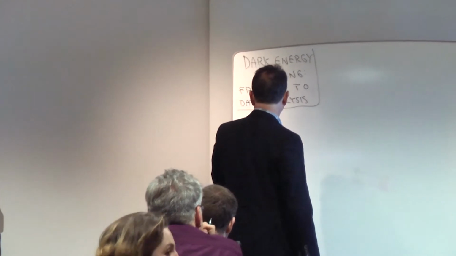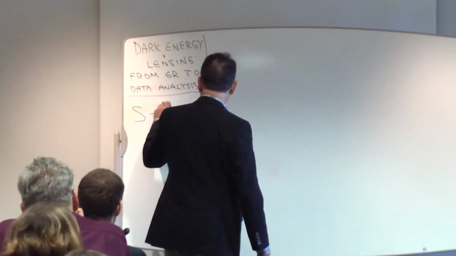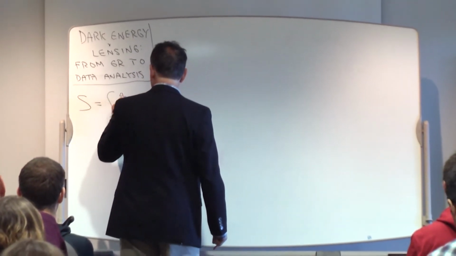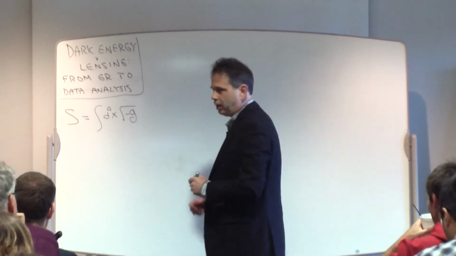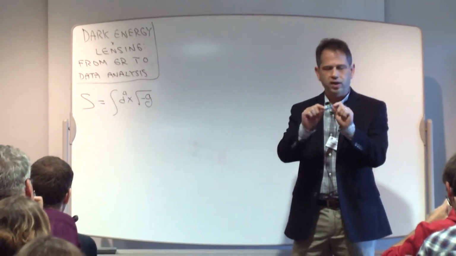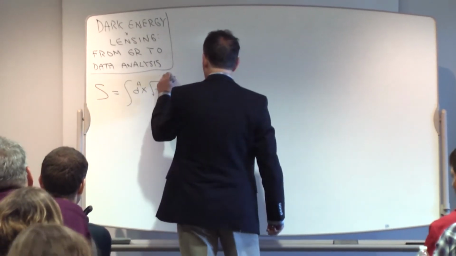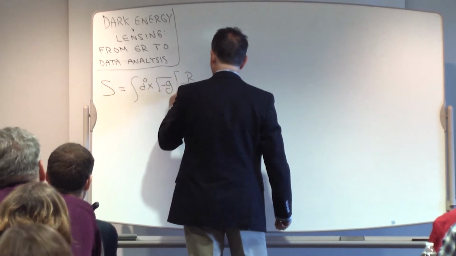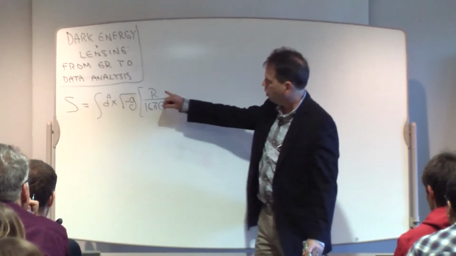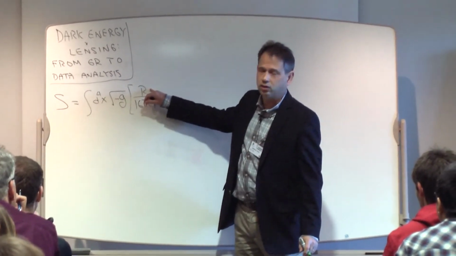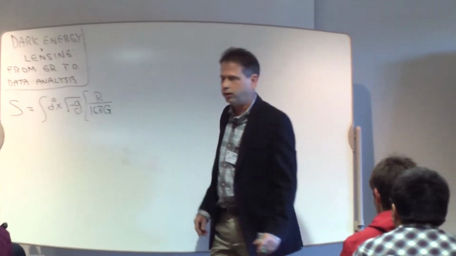So the starting point is the action that describes the whole universe. We're not really going to use this, so if this is Greek to you, don't worry about it. But you integrate over all space. This is the metric. The metric describes the way that coordinate positions are transformed into distances. And then there's something called the Einstein-Hilbert action. So this R is the Ricci scalar and G is Newton's constant. This R is a functional of the gravitational metric. So this encodes gravity. This one term is Einstein's theory of general relativity.